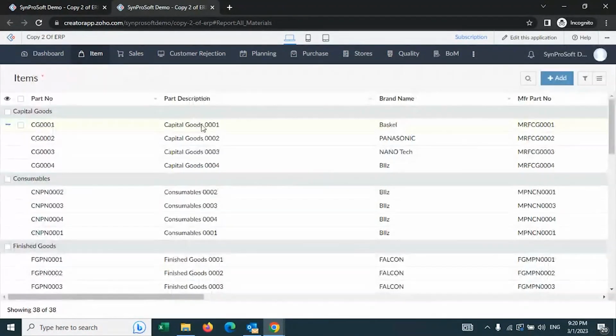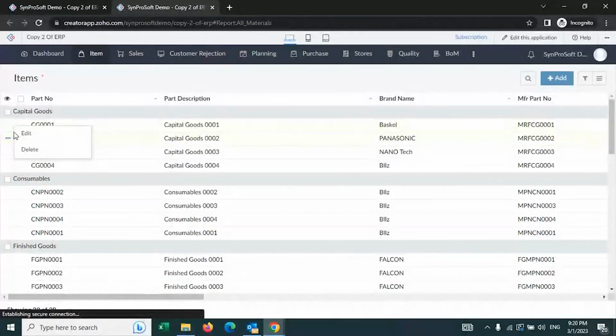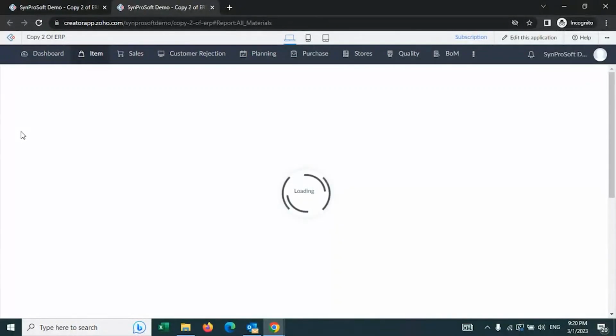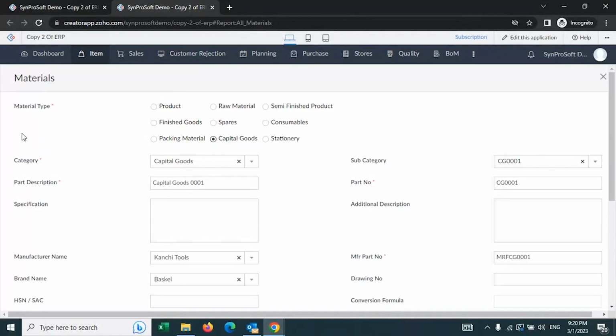To start with, items. Items are nothing but materials, as we call them in the manufacturing process. Every item is configured here, and you will also be able to create or associate that with a category and subcategory so that your grouping becomes very easy in terms of reporting.